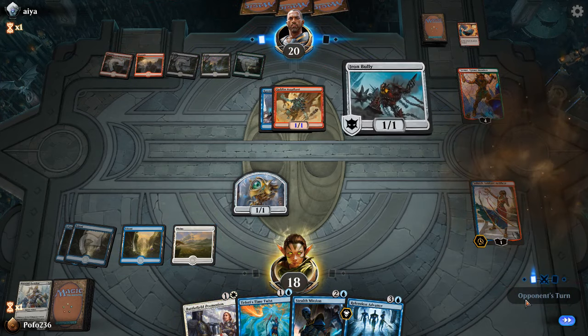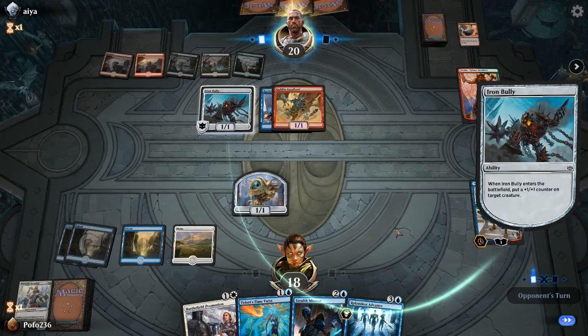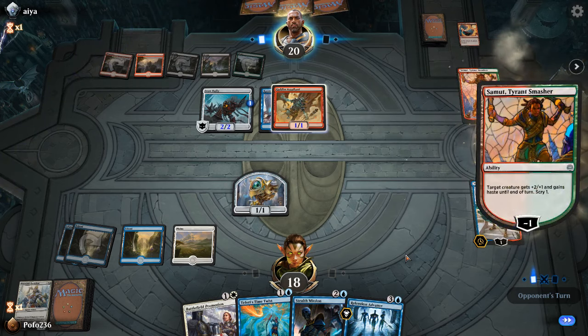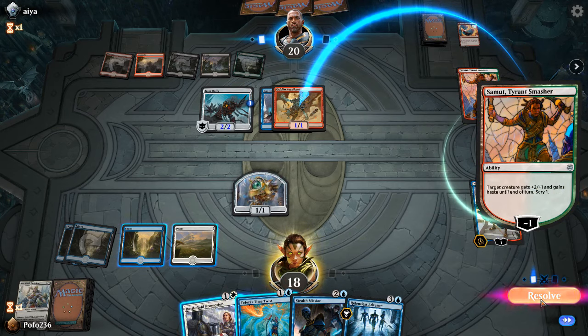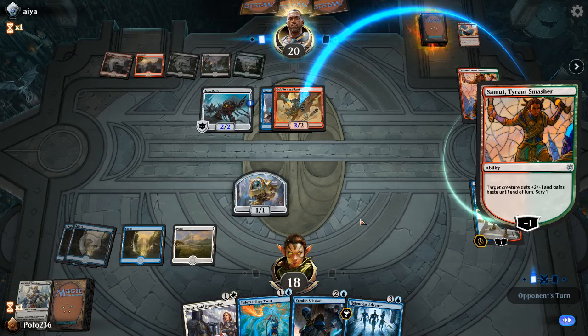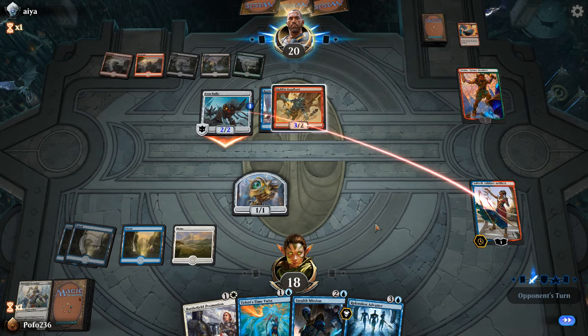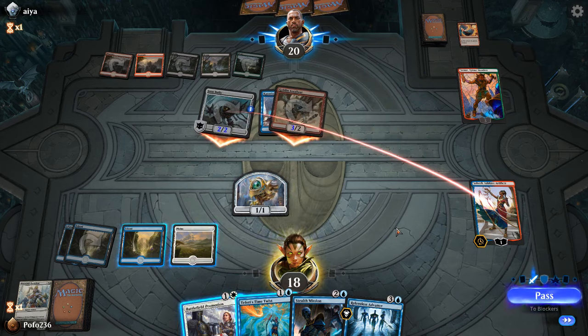Iron Bully. Put a counter on a creature. On itself, sure. How do you want to do this? Yeah? Surrender now and I'll spare you. Scrolling that to the top. Pass the attackers, please. Attacking me. So what I could do is...